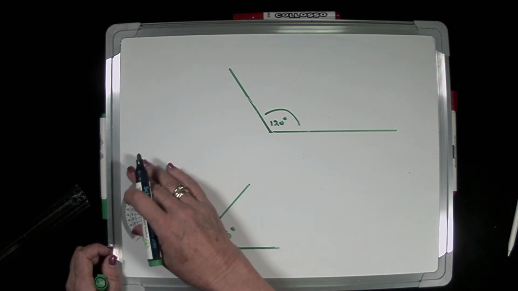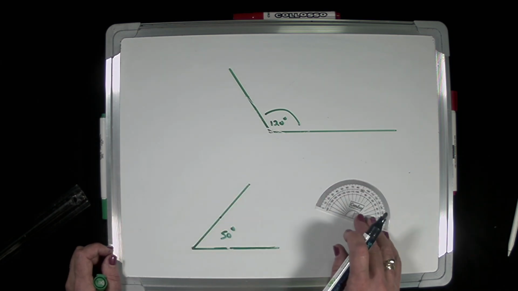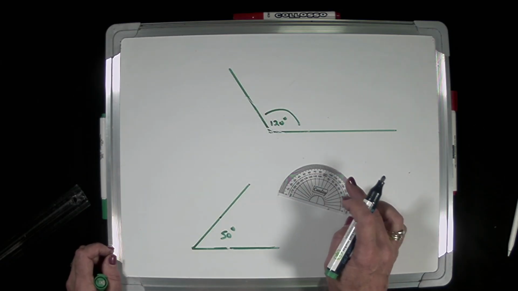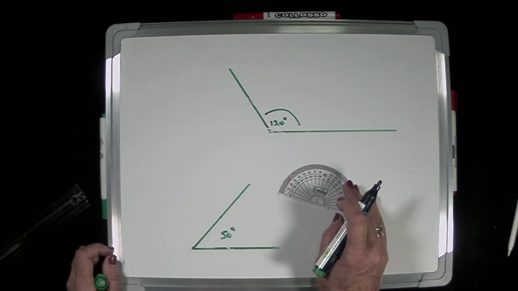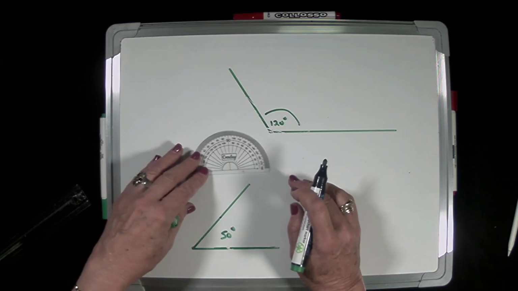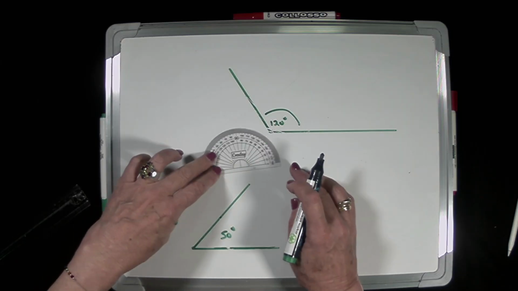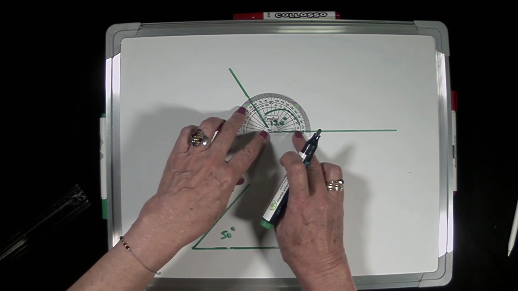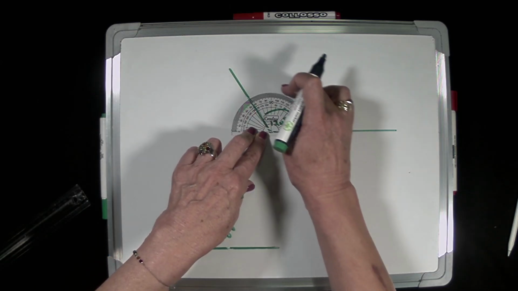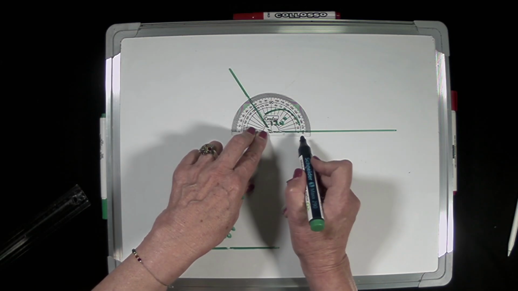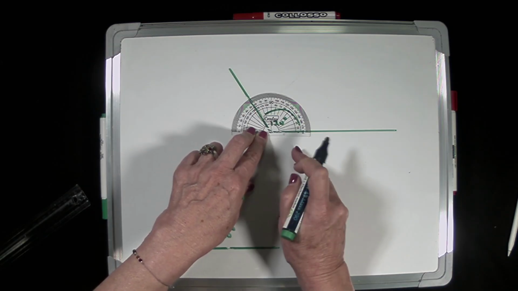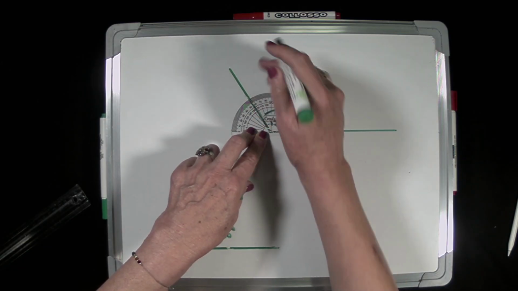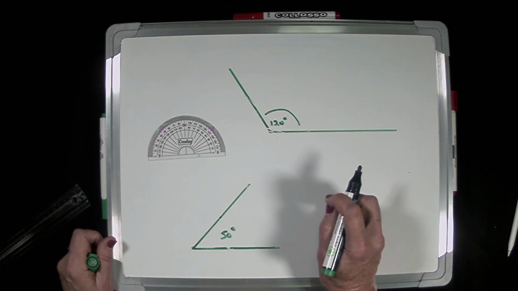Okay, so I just want to do another example. Here's a bigger angle, and I know all of you know this is called an obtuse angle, right? So again, you take the center of your protractor, you put it on the vertex, the baseline on the one line. You know that it is going to be bigger than 90. You read from where the 0 starts on your baseline. You read around and you look where it ends, and it is 120 degrees.